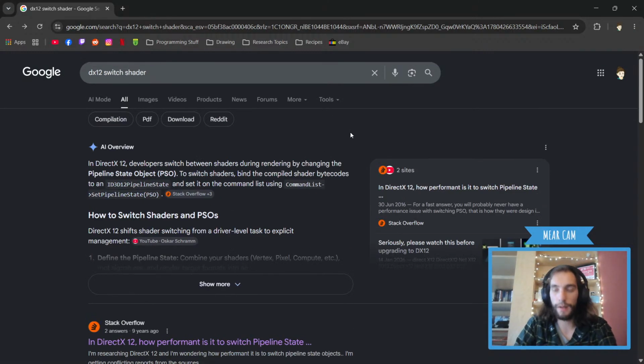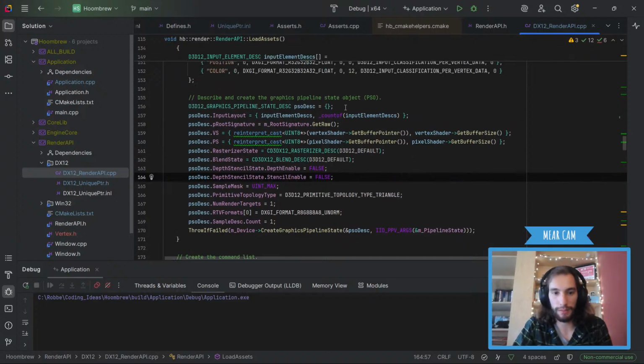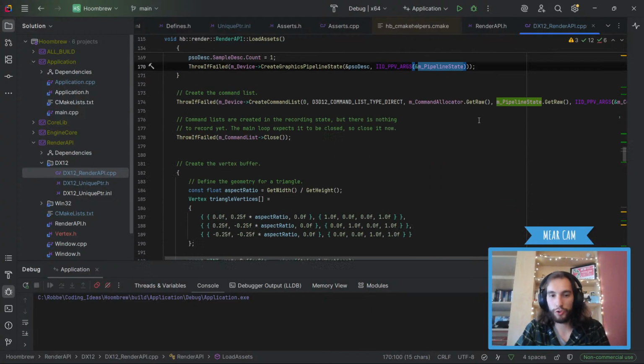Okay, for now, we're going to just work with one shader. So how are we going to do this? We have one shader which will get our information. So we set up our pipeline state once, get our information, and then we should not do this again, but we can. Yeah, we have one pipeline state.